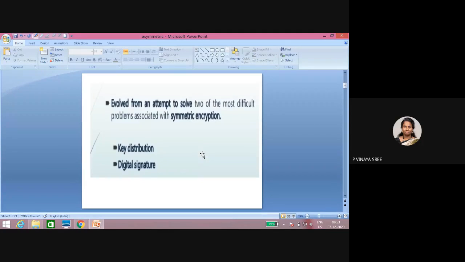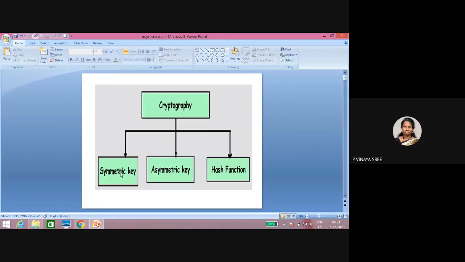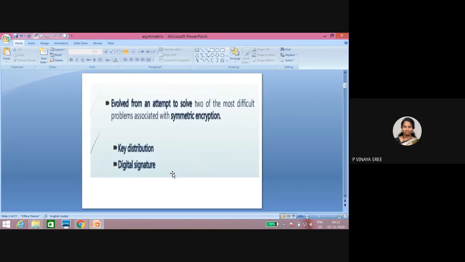So let me explain. First of all, we already studied DES and AES, which are symmetric key. First, everyone has to know what the drawback is in symmetric key, so that we understand why we are going for asymmetric, is the first question. The first problem in symmetric key is key distribution. The distribution of the key is a problem in symmetric key.